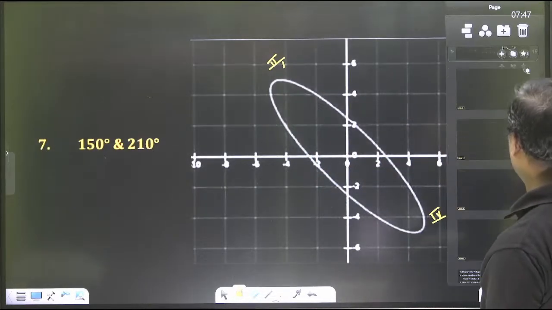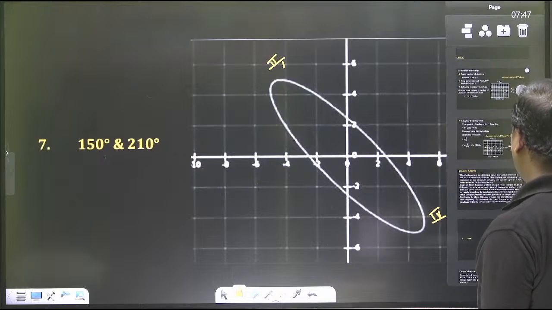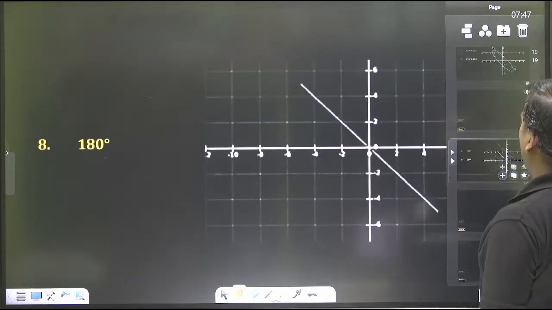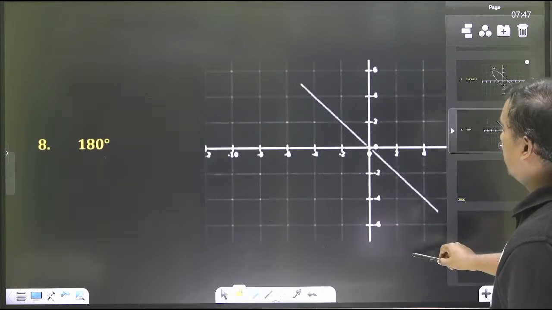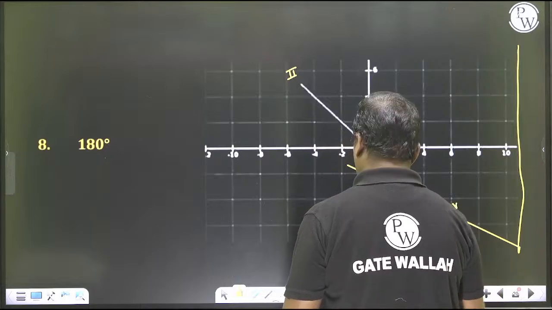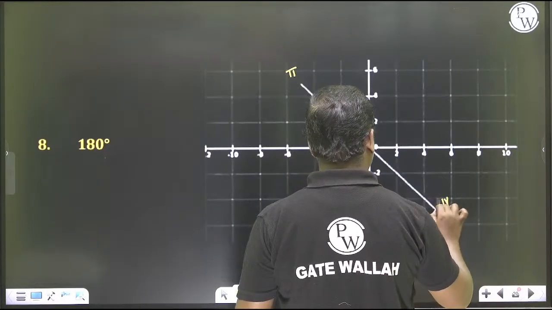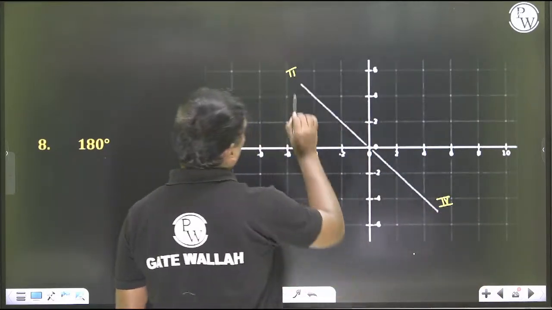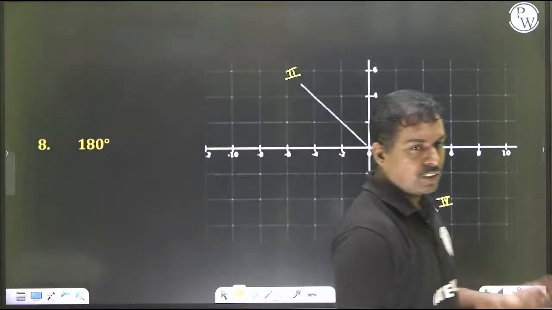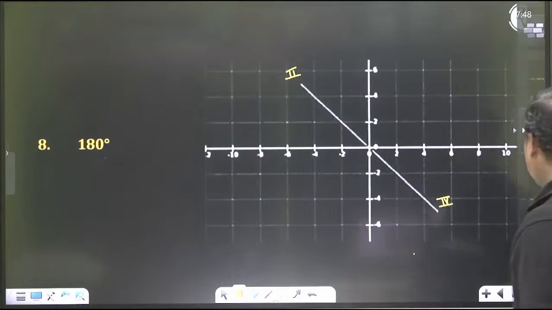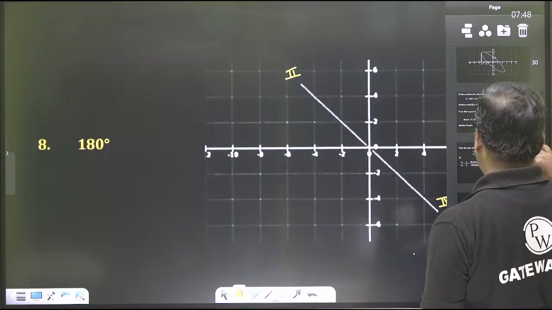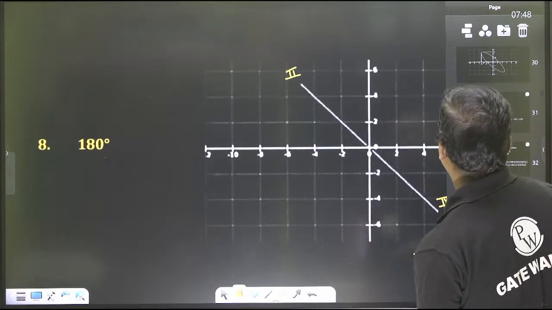Next, we are going to get 180 degrees. For 180 degrees we get a straight line, in the second and fourth quadrants. From 180 degrees onwards the rotation changes and it becomes anti-clockwise. So above 180 you are going to get different patterns. Now this is all about the